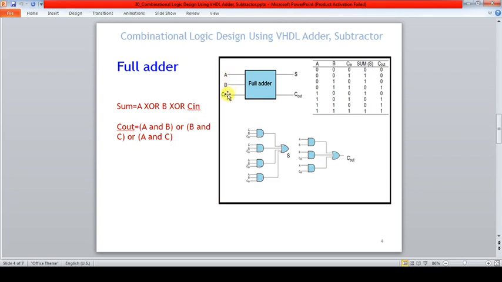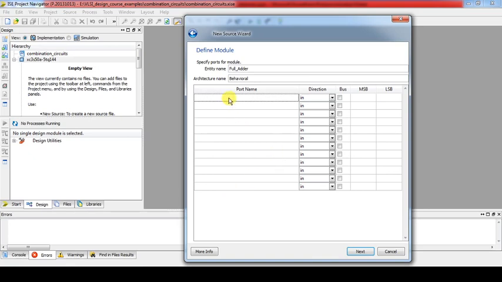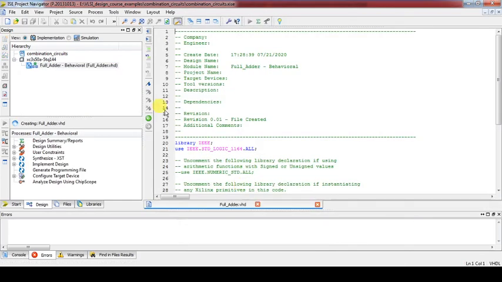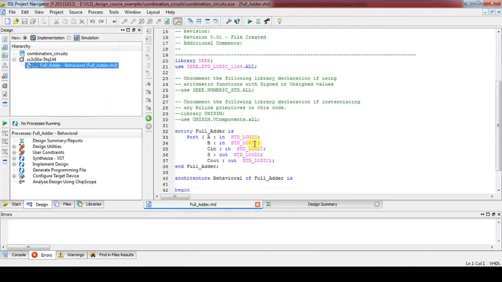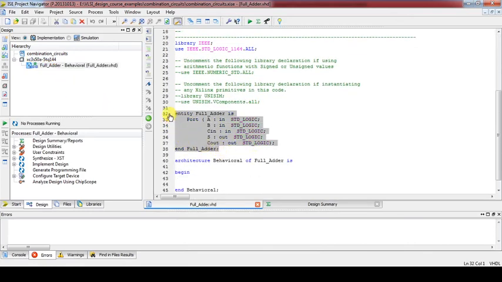A, B, C in are inputs, S and C out are the outputs. So here we have to mention A, B, C in are of type in, and S and C out are of type out. Then next, finish. It will create a project with the name full adder and with an entity declaration like this: A, B, C in, sum and carry out.